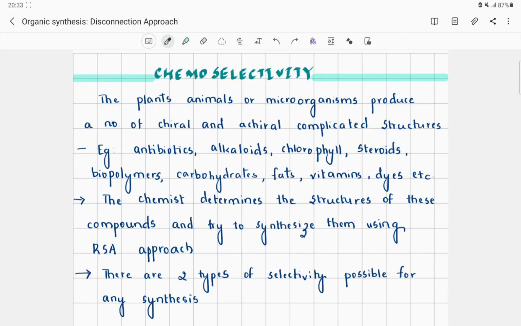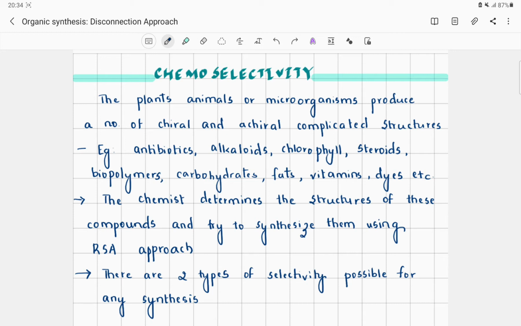Everyone. So continuing with the concept called chemoselectivity. We have already seen in our previous classes how chemoselectivity can be dictated. The plants, animals or microorganisms produce a number of chiral and achiral complicated structures. We already know that there may be a number of chiral systems and a number of achiral systems which may